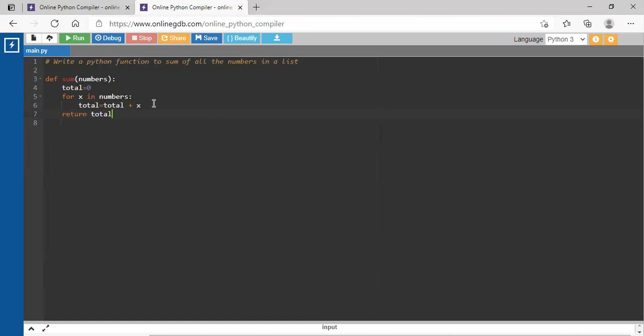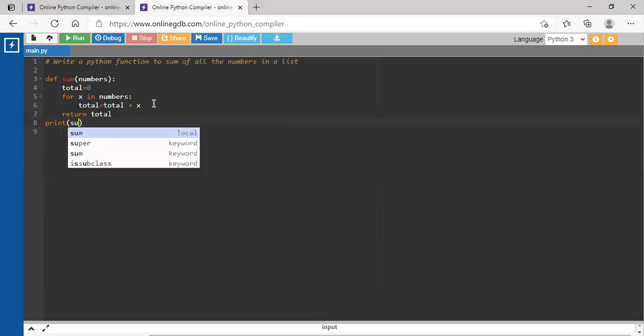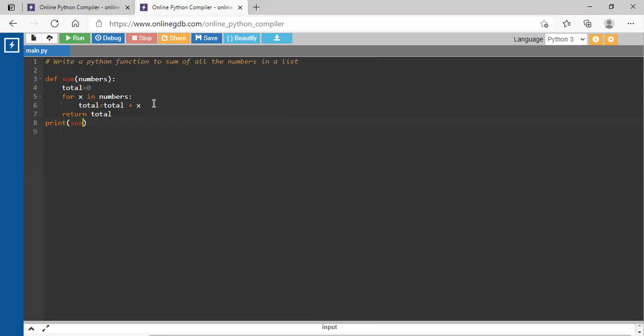Now this is only the loop which is in the for one. So after that, what? We have to find out the sum of all the numbers in the list. So where is the list? So I just give the numbers to print. So I want to call it within a function. So I just write the sum function.